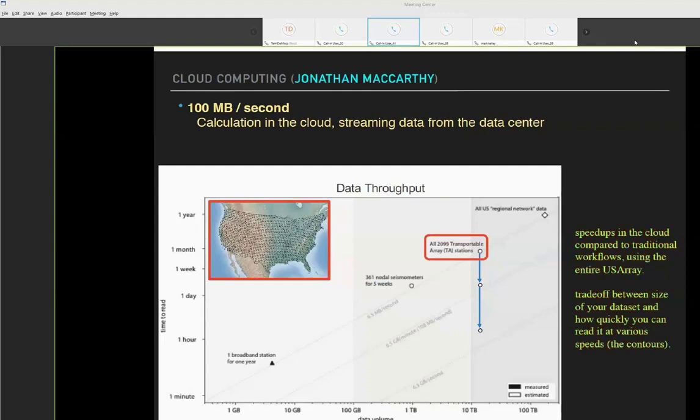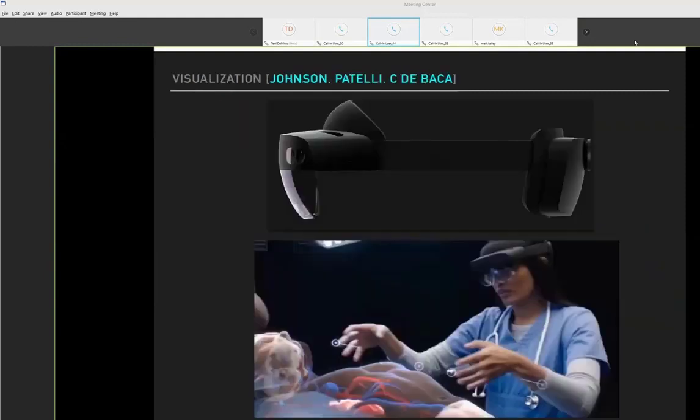But if you move everything to the cloud, next slide, please. What Jonathan has seen is about 2.5 gigabytes a second with calculation and data in the cloud. So you're doing everything in the cloud. The data live in the cloud, the processing lives in the cloud, and then you download the result. So next slide, please.